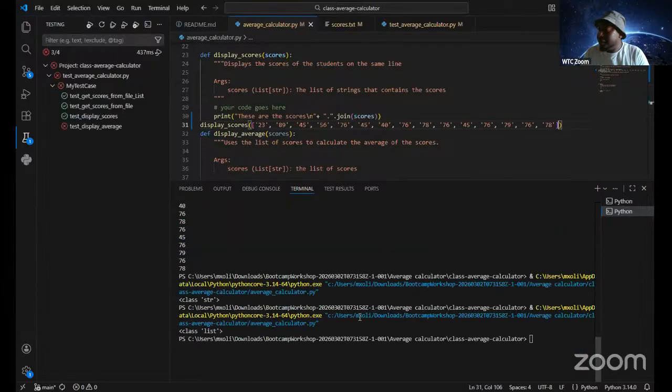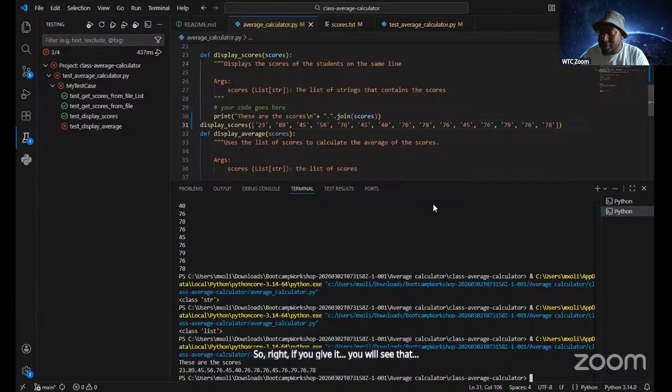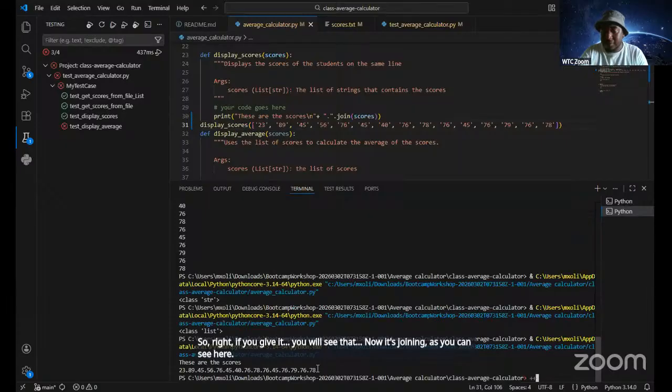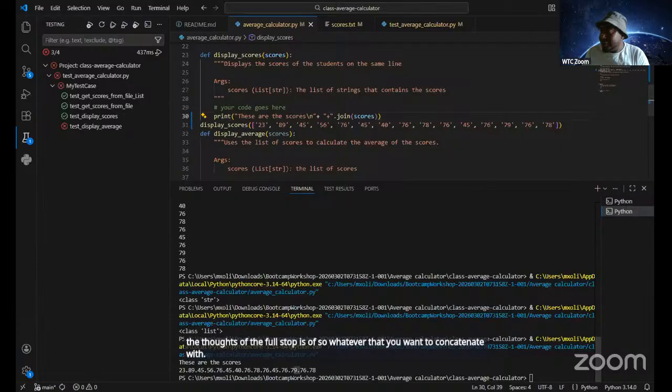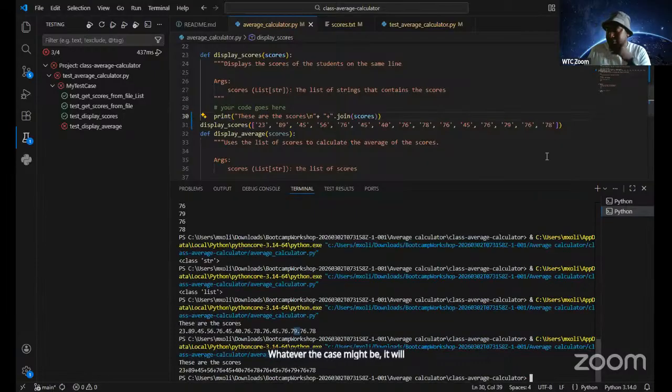So right, if you give it that, you will see that now it's joining, as you can see here. It's actually joining using the dots or the full stop, so whatever you want to concatenate with, it will just use that. Cool. Hope that makes sense.